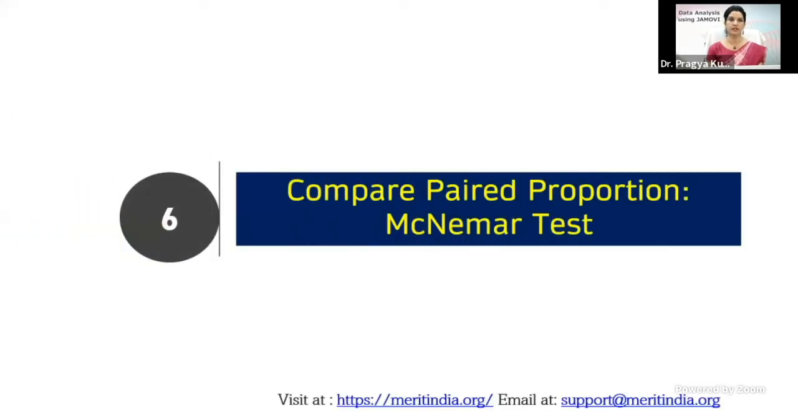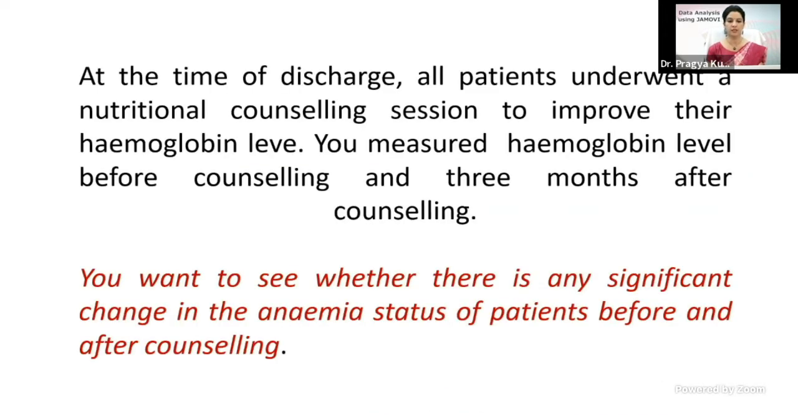Now the next, we'll see if you want to compare the proportion pre and post across any intervention, or if it is a pre-post study, then we use the McNemar test. And this is the question for the McNemar test. At the time of discharge, if you assume that all patients underwent a nutritional counseling session to improve their hemoglobin level, and if you want to see whether this counseling has any impact on their hemoglobin, then you use this